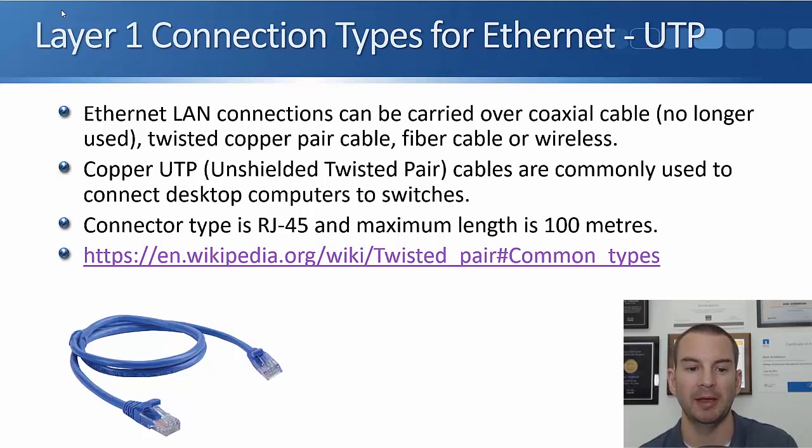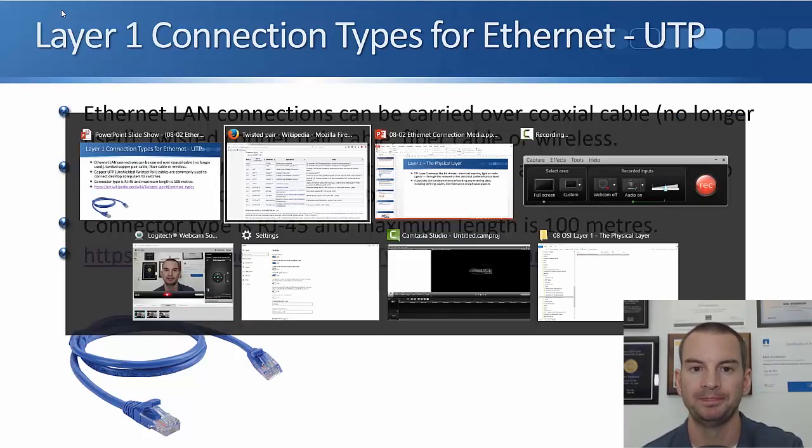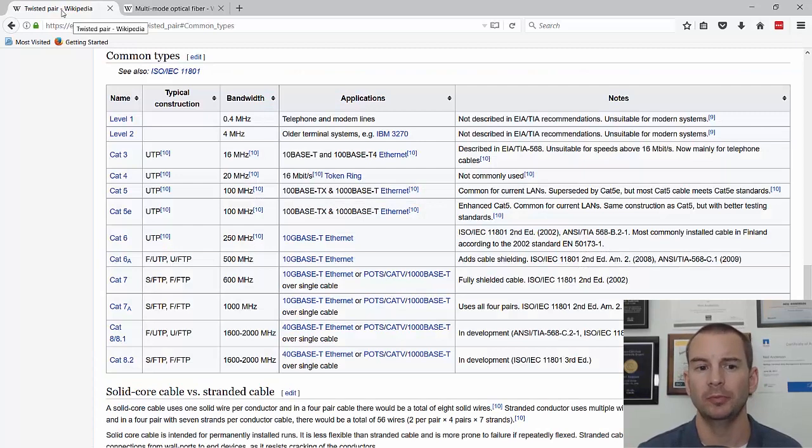And if you have a look at the picture on the slide here, I'm sure you've seen a standard network cable before. This is the copper cables we're talking about here. A standard network cable has an RJ45 connector at the end. Let's have a look at the link I've got on this slide as well to get some more information on UTP cables. So the link is on Wikipedia, and you can see with our standard UTP cables, we've gone through